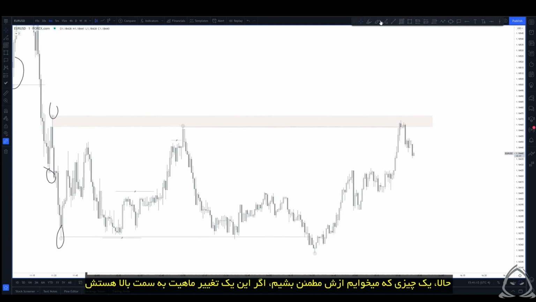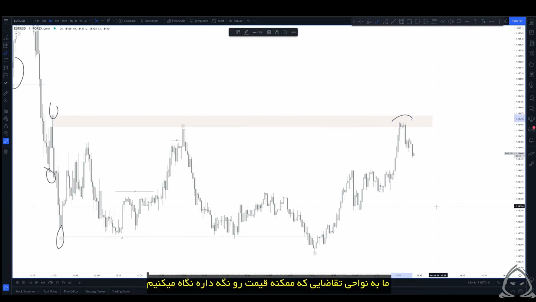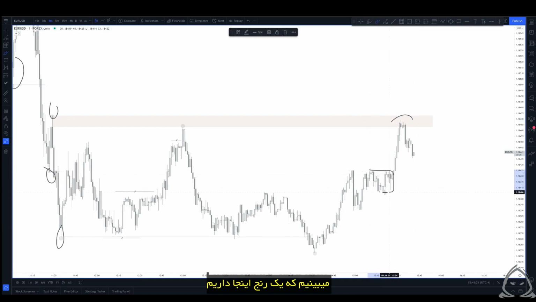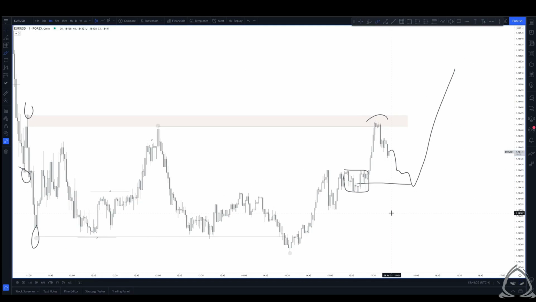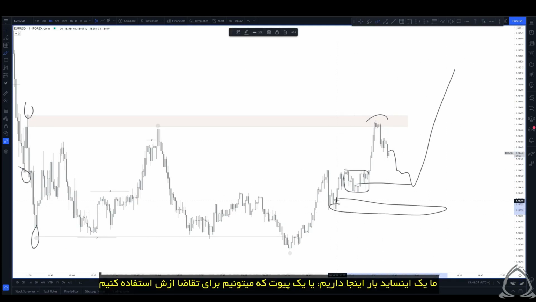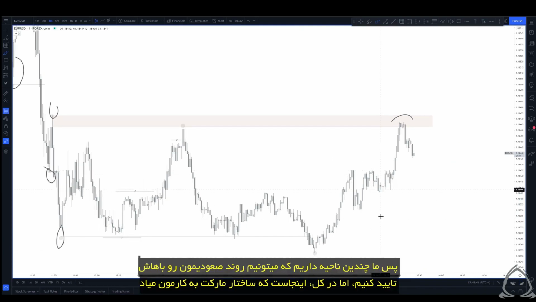Now, one thing we would look at to validate if this is in fact a change of character to the upside, we'd be looking at points of demand that would likely hold this. So what we can see is we have a range right here. So a first shot would be, does the range hold? And what we have is an inside bar here or a pivot that we can use for demand as well. So we have a couple points that we can validate our bull trend idea,